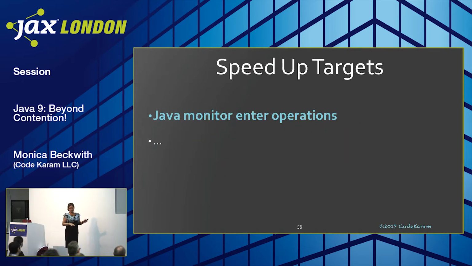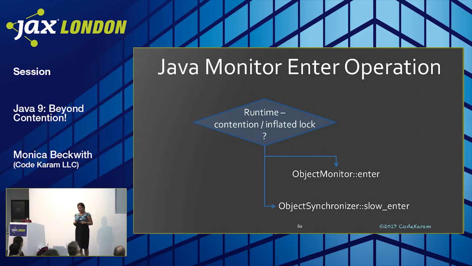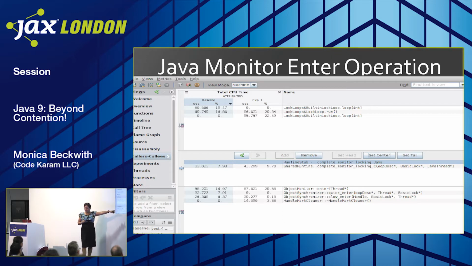So what I did is I went ahead and summarized all the things that I showed you just in bigger fonts. So remember, like I said, we had method enter and slow enter only in JDK 8. And for JDK 9, we had a new thing called quick enter, right? So this was what I was showing you over there. It's exactly the same. It's just a screenshot, and you can see it much better here. So if you look at the four callees, you see the second one has 0, 0, right? That means there were no clock ticks in that one because that method does not exist in Java 8, right? Quick enter is only in Java 9.